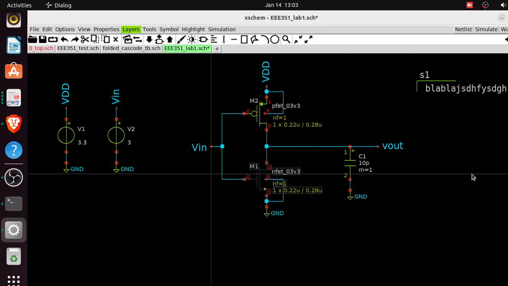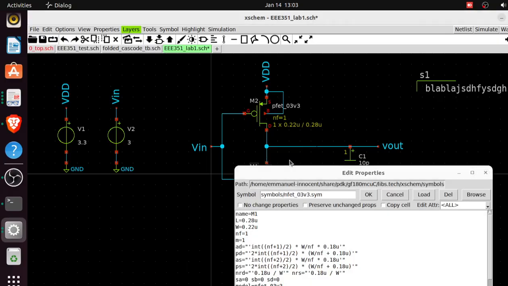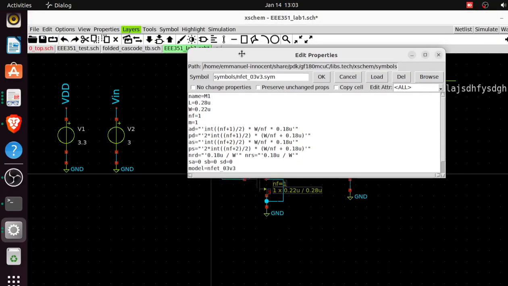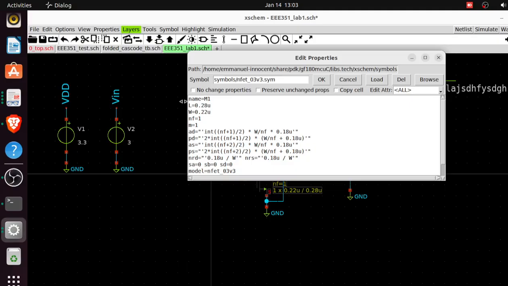So let's now specify. Time to size them. You want to size the NMOS, so all you need to do is double click while you have your cursor over the NMOS. You double click on it, then you have this come out. So the name, L for the length, W for the width, NF is the number of fingers. I would explain what this means when we get to layout. It's more of a layout term than